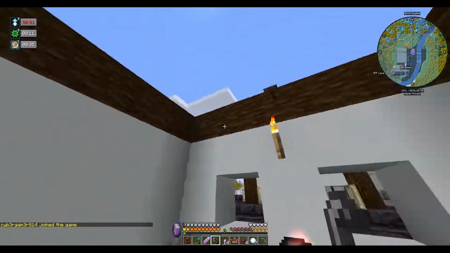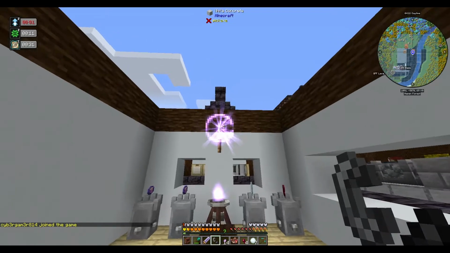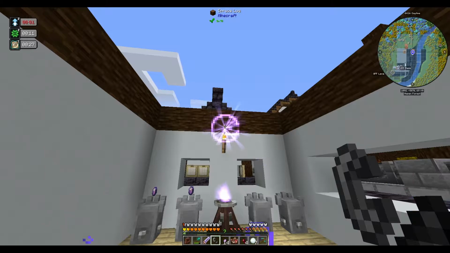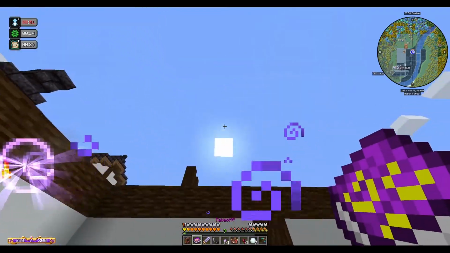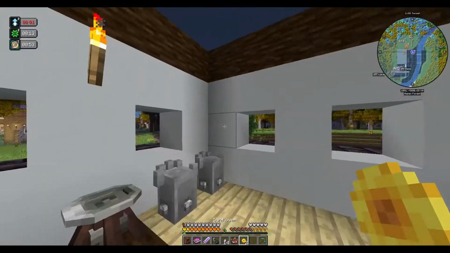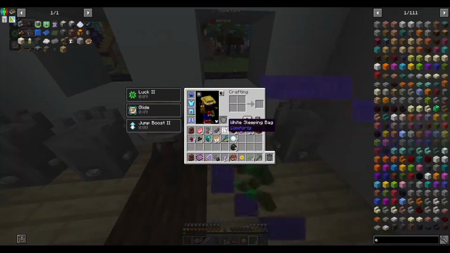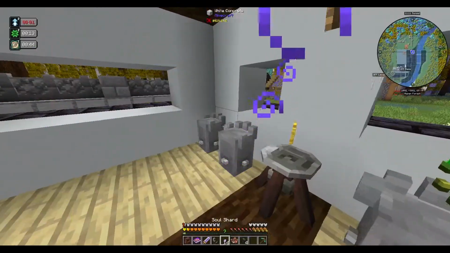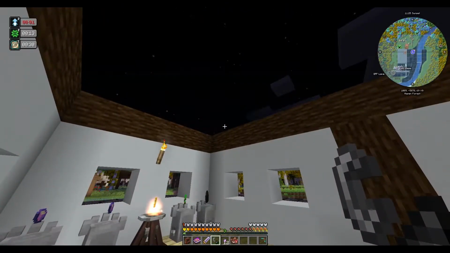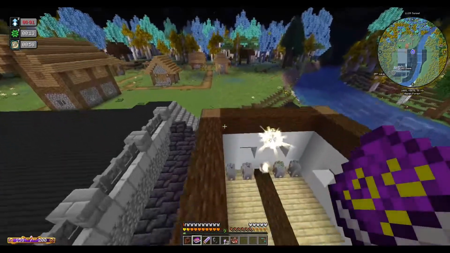That will hopefully work. Yay, look at that. That's our ritual. And look at the sun. Ooh, it just disappears. And since we can, let's do this again, but this time with the sun. That, these and these. And as we light it up, they should get consumed and...